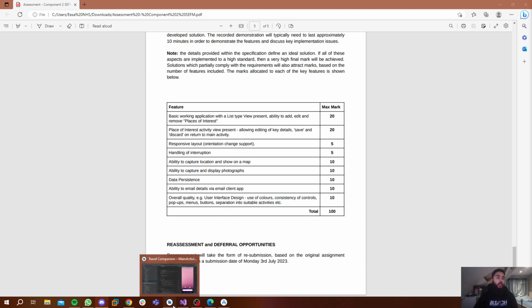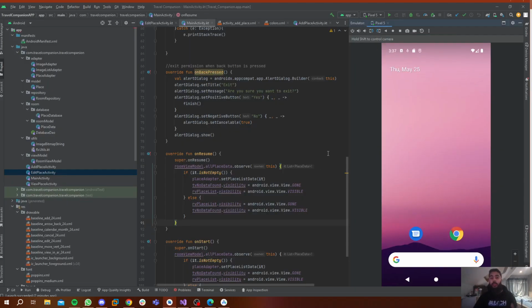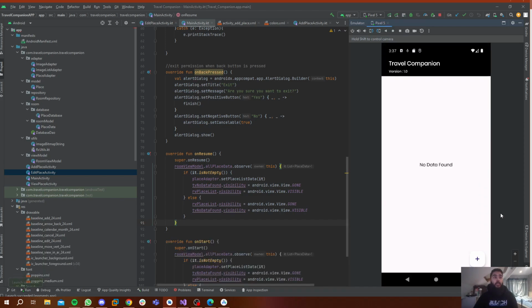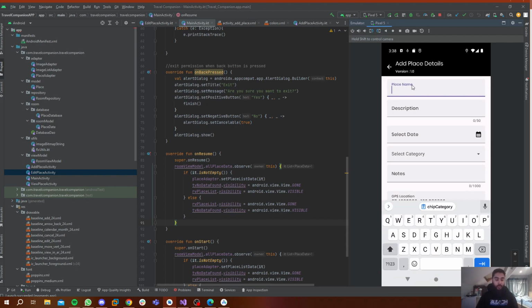So if I open up Android Studio, I'm using a Pixel 5 emulator, which if I run, we will be presented with the application name and the version in a toolbar, and then obviously because there's no data, it'll say no data found. But if we click the plus button and we enter name, description,